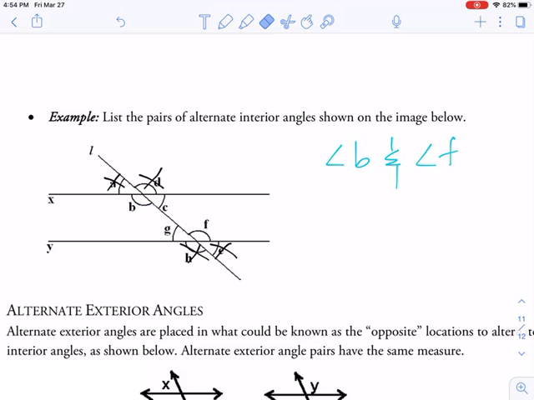Okay. Then I can also see another Z shape here. Okay, it's okay again that it's backwards, it's totally no problem. And we have an inside corner and an inside corner that makes angle C and angle G a pair of alternate interior angles. Okay, I'm actually going to stop this video here and then do another one in a second for the remaining part of this lesson,